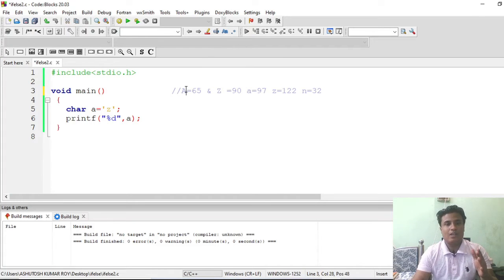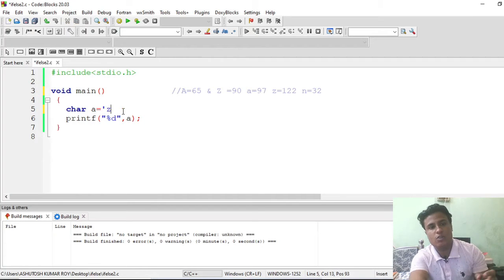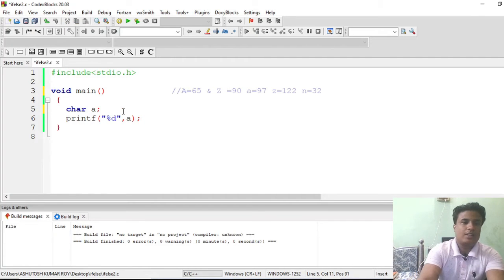First of all, if anything is given in capital letter, we will add 32 to it, and it will give the small character of it. And how to print the small character? Just use percent C. Okay, hope you get it. So now let us take the value from the user. Okay, it is a more dynamic way. So let's